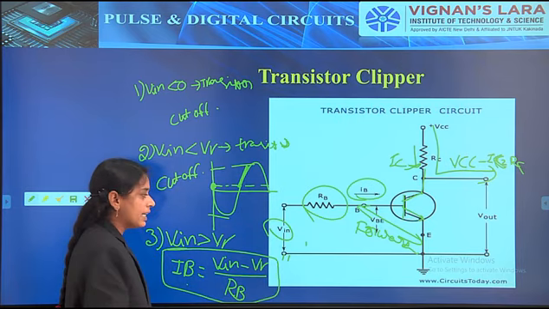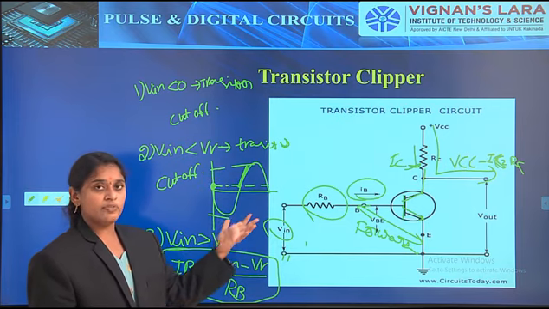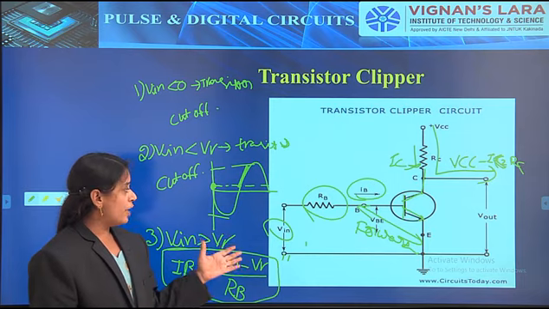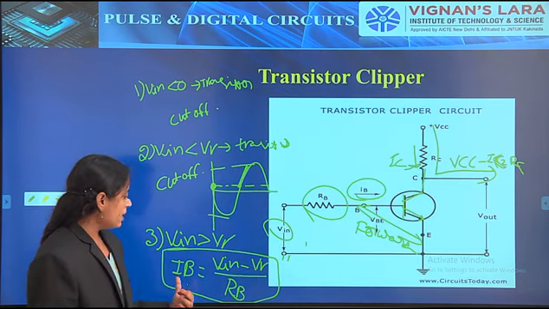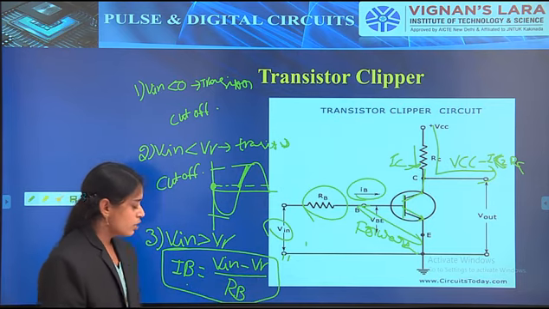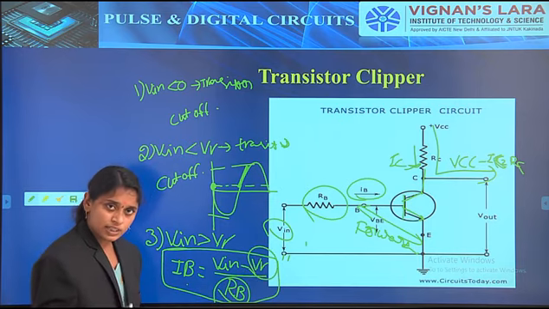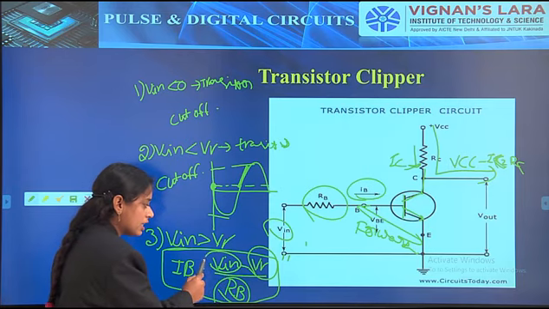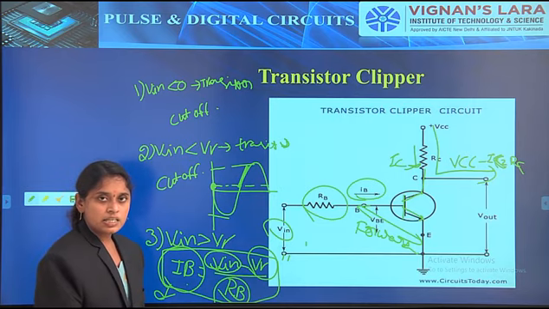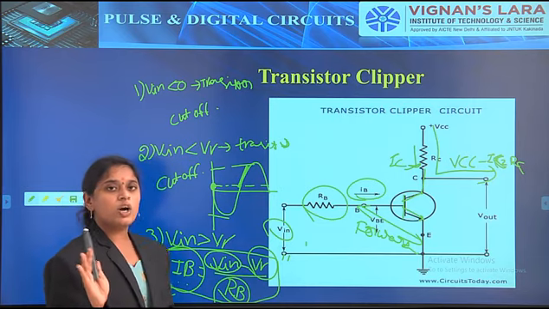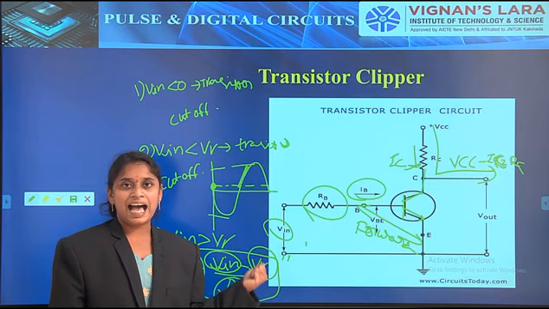So when the input voltage is at the V gamma level, the current will be comparatively less. When V input reaches the maximum level, the IB current is obviously more, because IB is equal to (V in minus V gamma) by RB. We don't change this RB value, and we don't change this V gamma value. When V input increases linearly, obviously the base current IB increases linearly. So here we majorly concentrate on the currents only, not voltages, that is, on the IB as well as the IC current.